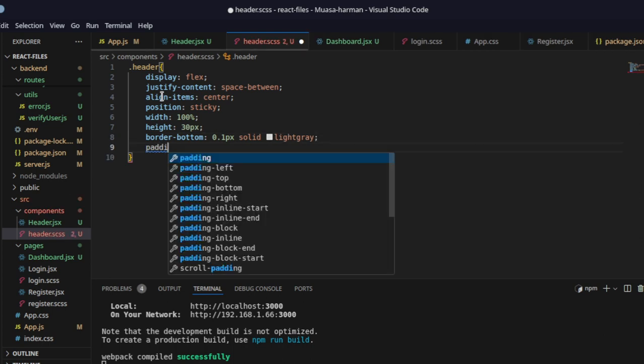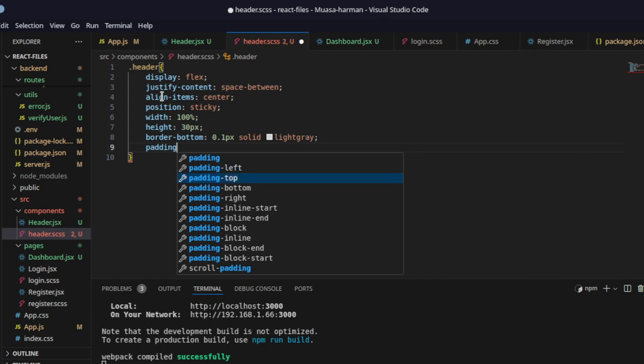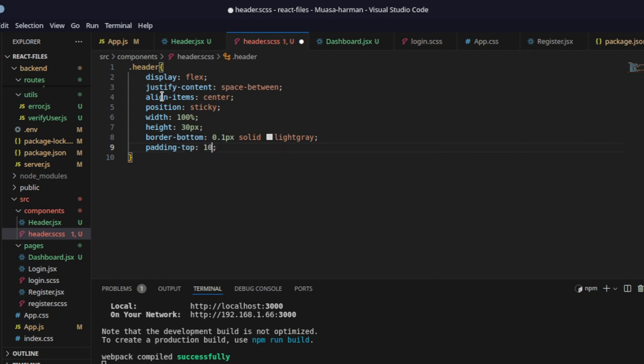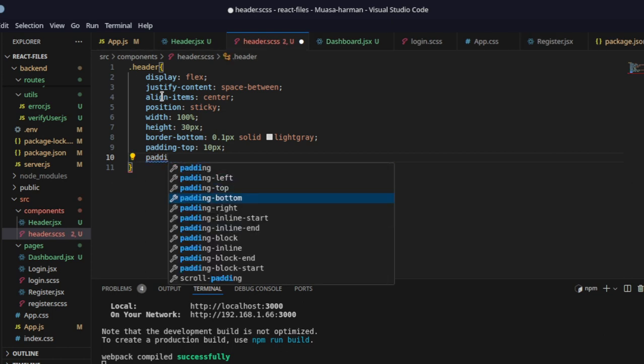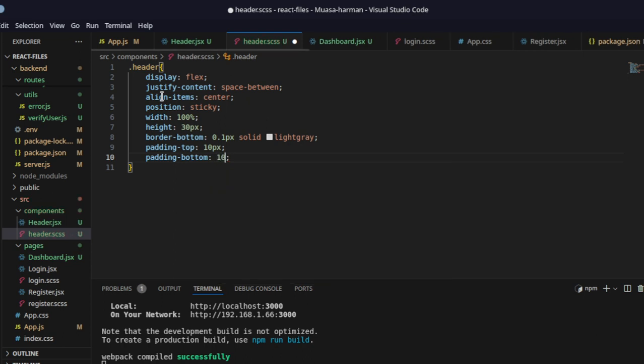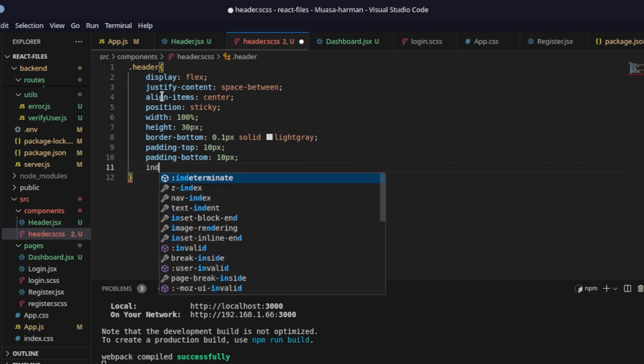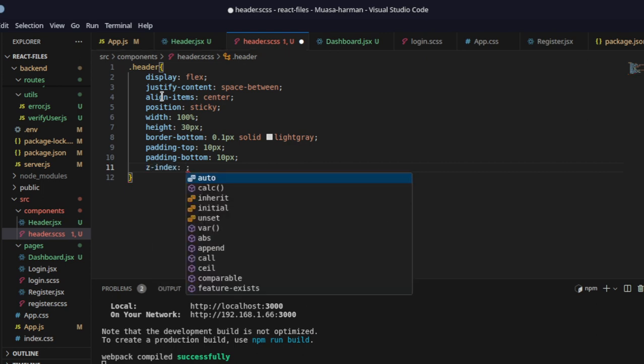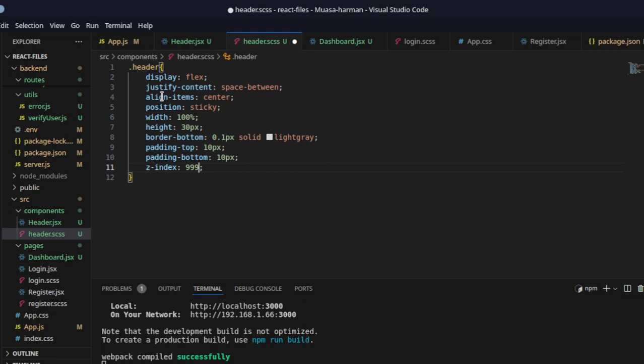Then we have a padding. We have a padding top of 10 pixels. These are the properties of our header. Padding bottom as well. The padding bottom should be 10 pixels as well. Then we'll have a z-index to avoid any overlapping of any elements that we're going to be using. So we will have, let us see, first, the